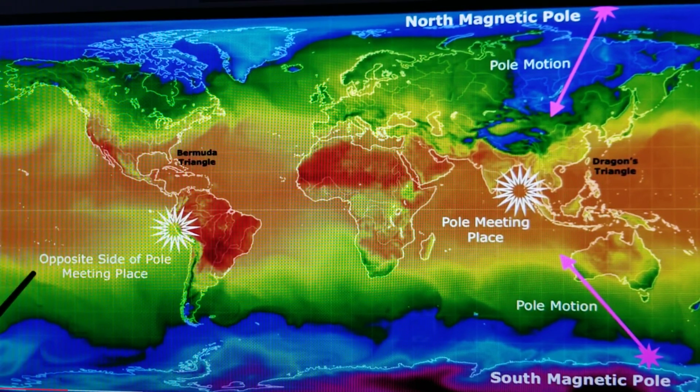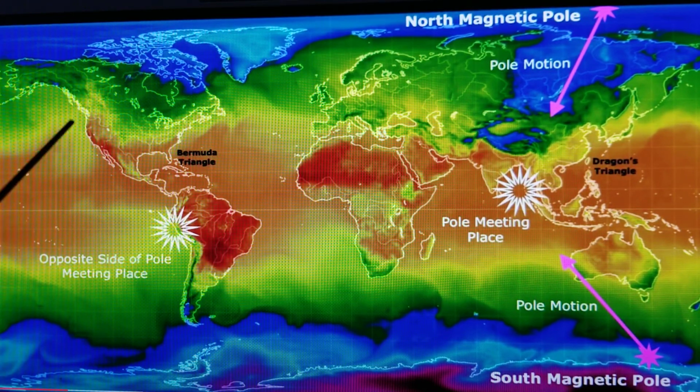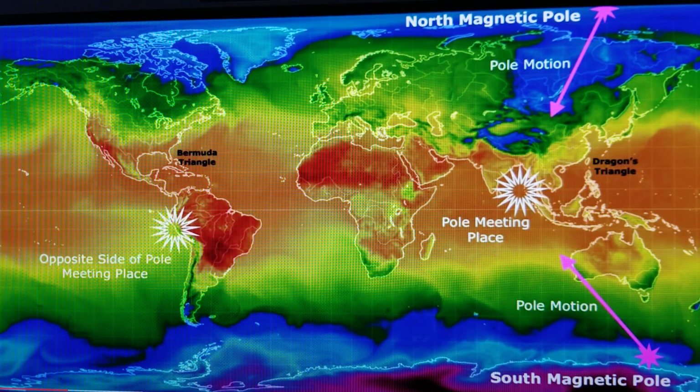Okay, I'm going to tell you about the Ring of Fire because that is part of it. The Ring of Fire is around the world. In some places it goes on land, but most of it is in water. And so when the earth is getting prepared for a pole shift, the earth selects the most active volcano zone. In this case, the most active is right here in this zone. And so one more time, the Ring of Fire, before it flips, is going to activate all the volcanoes, and the volcanoes are going to release carbon dioxide, and that is going to trigger a very